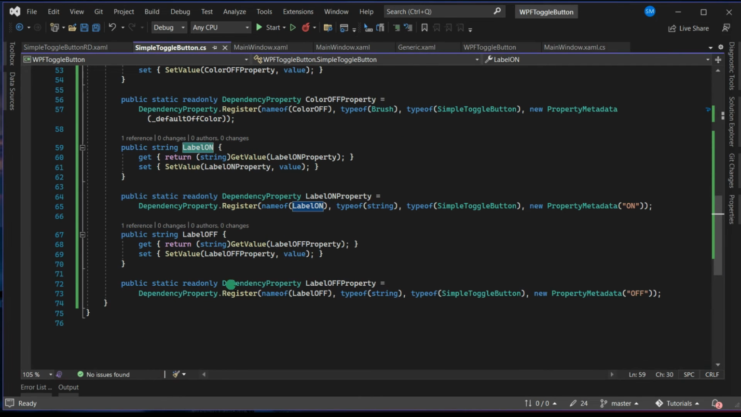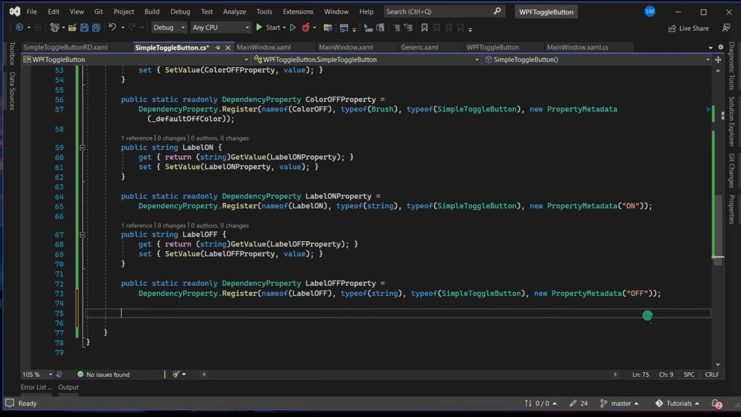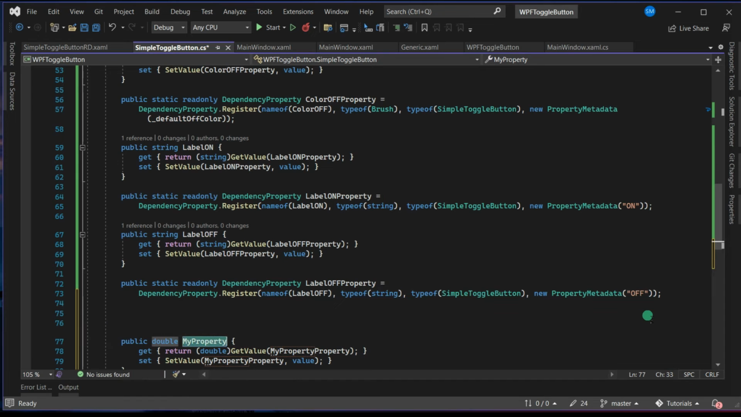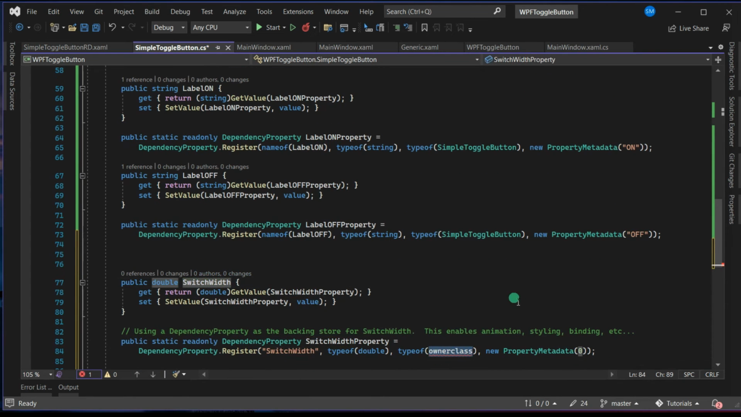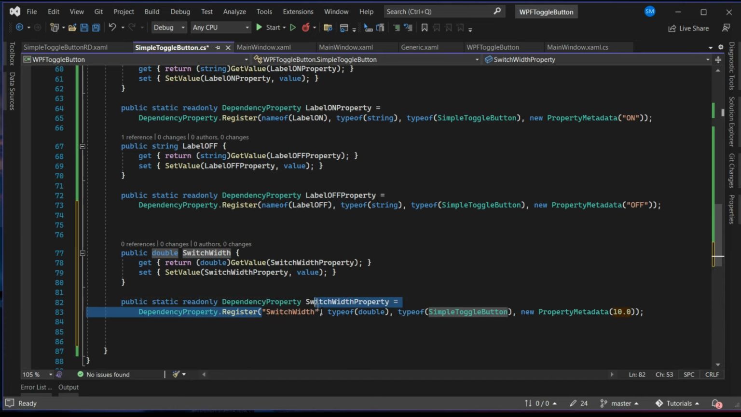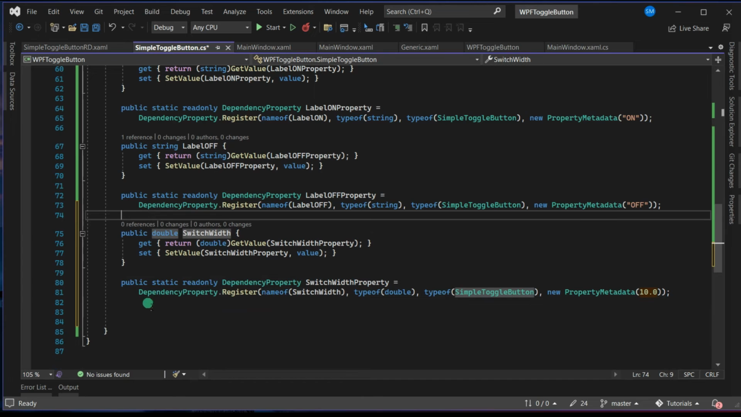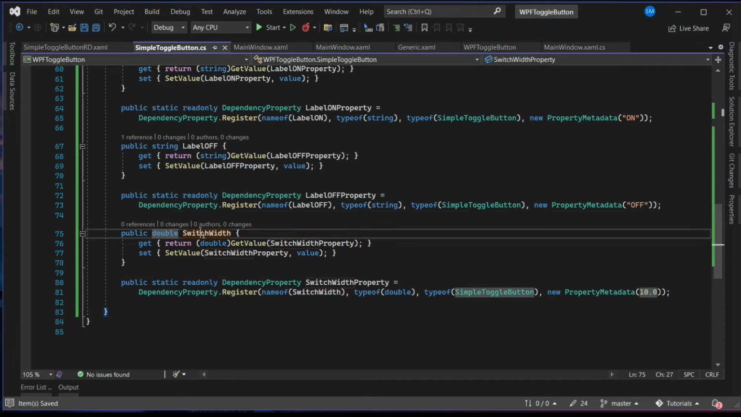The only thing that remains is the switch size. Switch size, we can have one single property. We don't want length and width. Let us try to create a property called prop dp double, and let this be SwitchWidth, and this is also SimpleToggleButton, and default value let it be 10.0. Name of SwitchWidth. Okay, now that we have them all here,